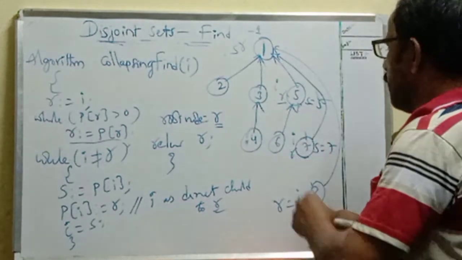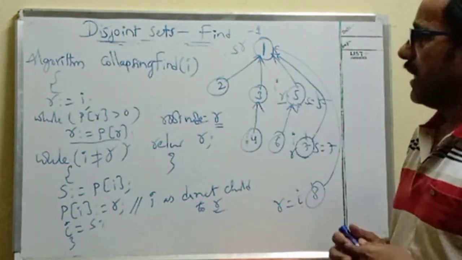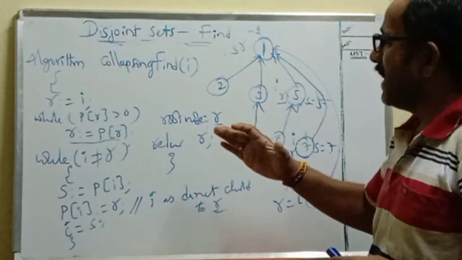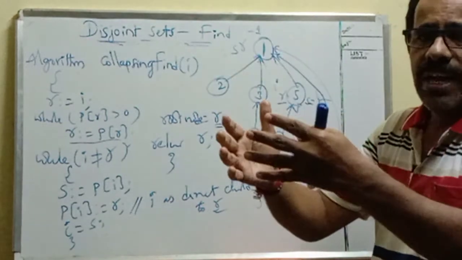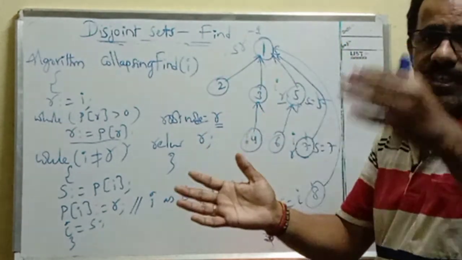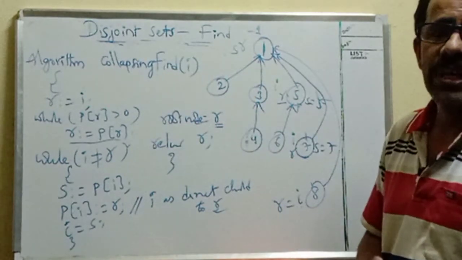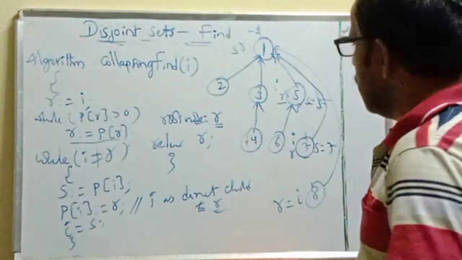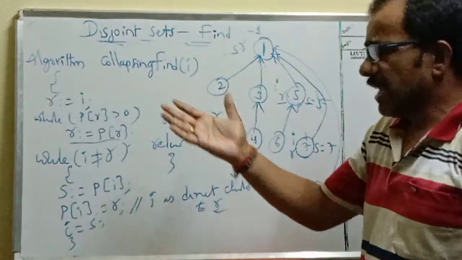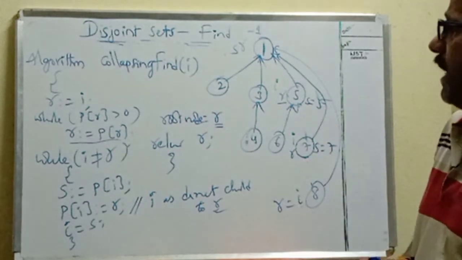Okay, now if you apply the same procedure for 4 and 6, we get the optimal tree structure by using weighting rule. One level architecture we get: root node, and all the children will accommodate at the next immediate level. Even if you use collapsing rule at all the remaining nodes, we get that optimal tree structure only. So like this we can apply collapsing rule.